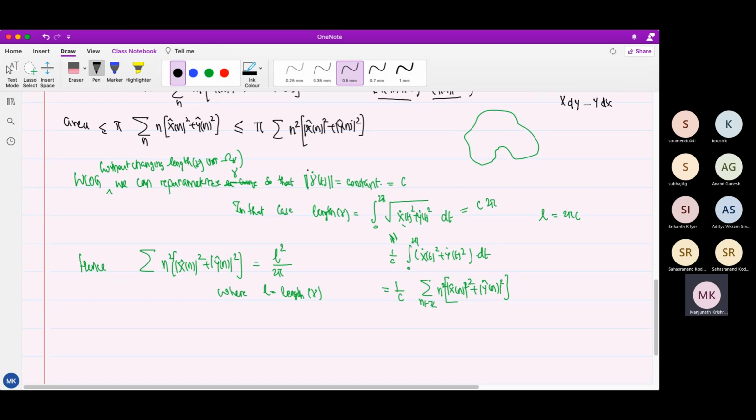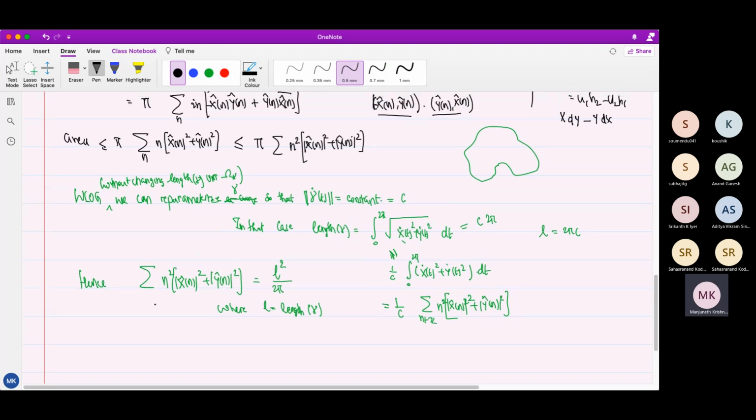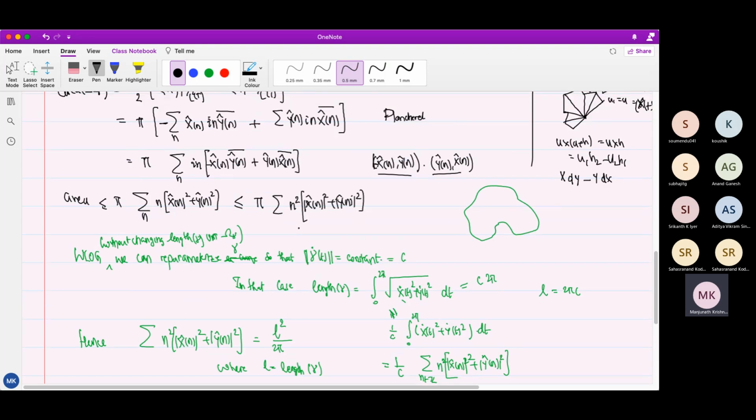okay, so that is a slight problem now. What I am getting is that the area is bounded by this quantity, which I have written as length squared over 2 pi. So I am getting length of gamma squared over 2 pi squared. I should have gotten 4 pi squared. Some 2 is missing somewhere. I have to worry about that. But this is the idea. Is this okay? Overall idea. We still have to fix the 2.